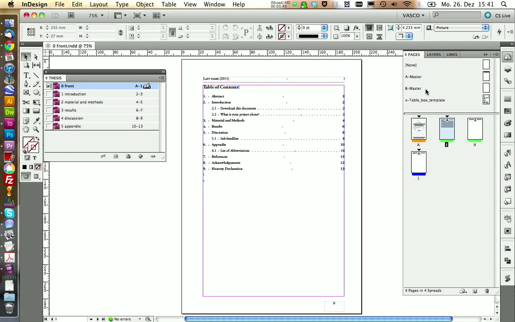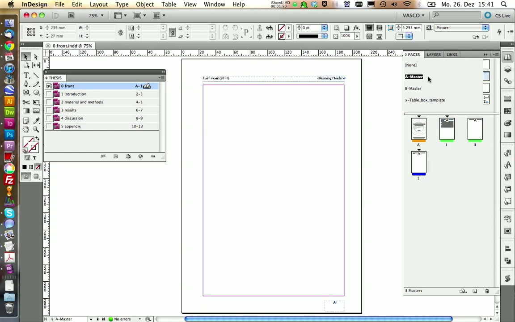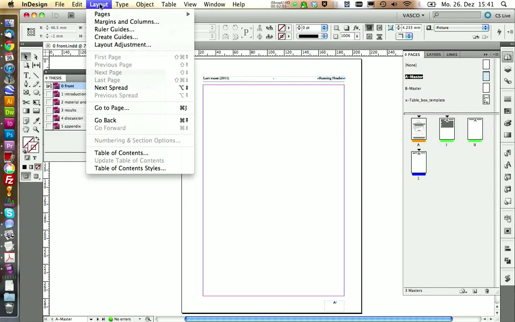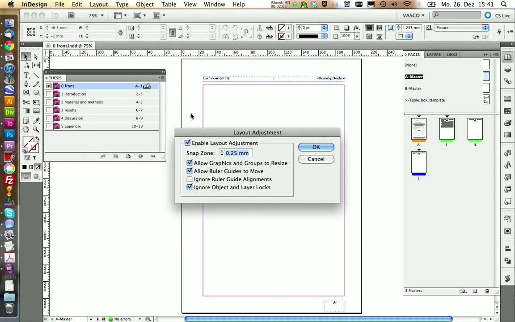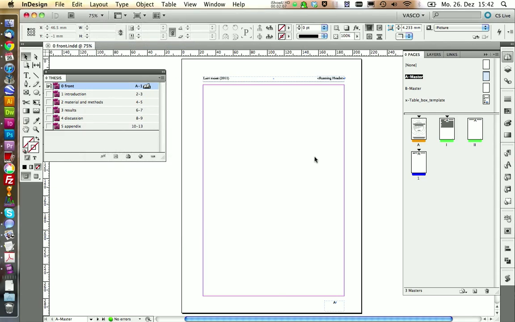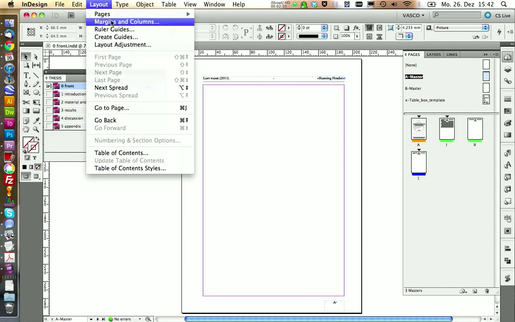There's an alternative way to change your margins. We can go to our master pages. This is the basic layout of your text page. And if you change the margin in here, with this one selected, and then under layout, layout adjustment, if we have this activated, this is checked at the moment, then we can adjust our margins.